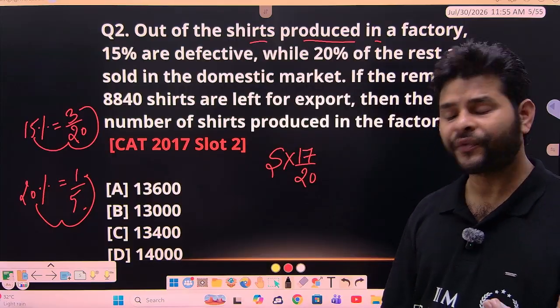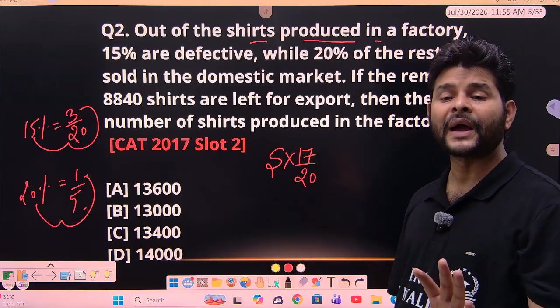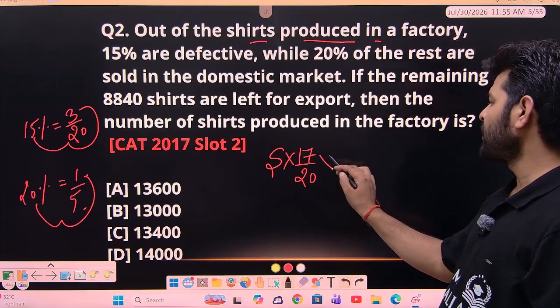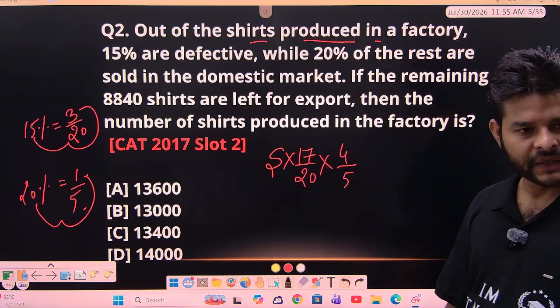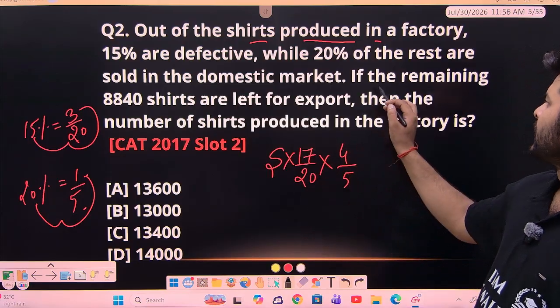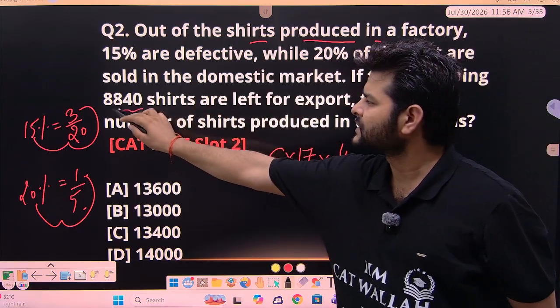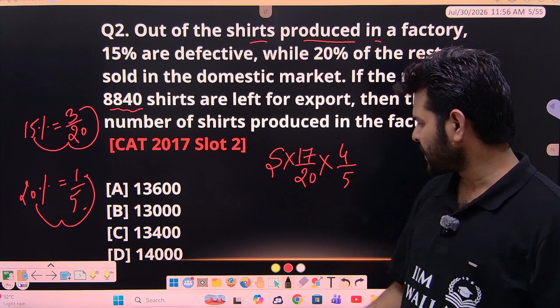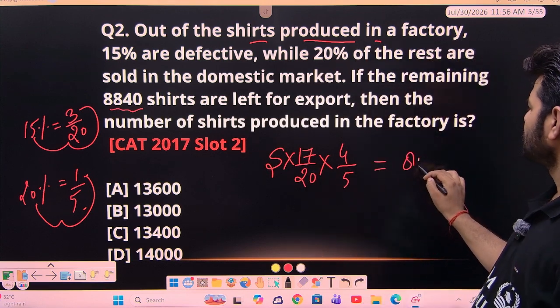4 upon 5 of rest. Got it? Now, guys, you need not note it down. Now, if the remaining is this, so basically this value would be equal to,